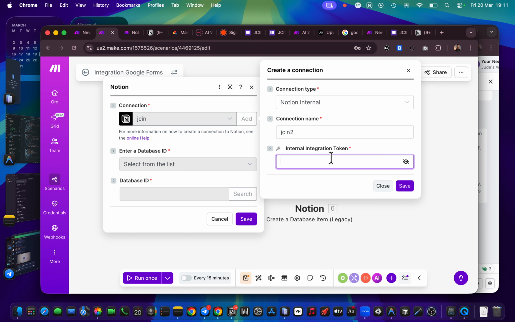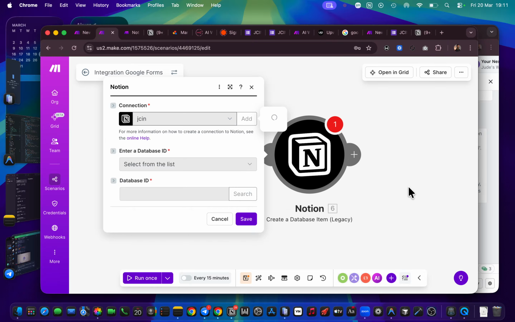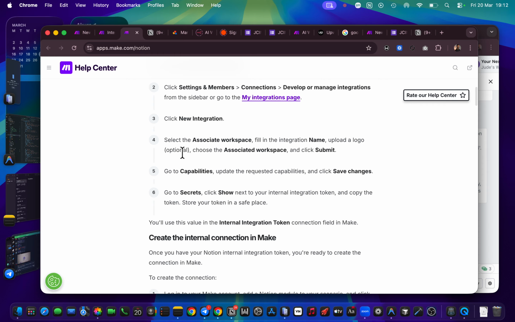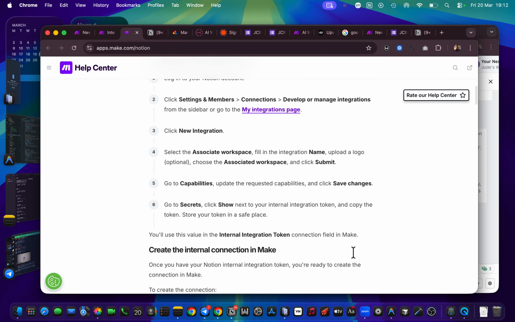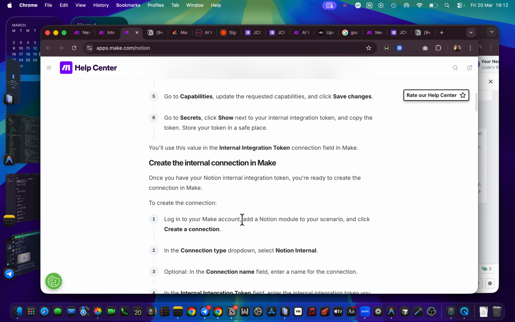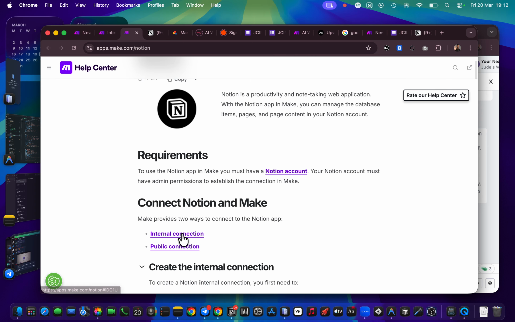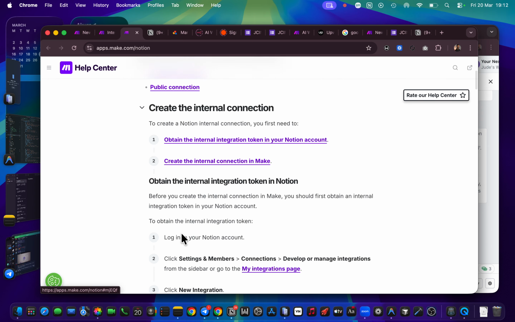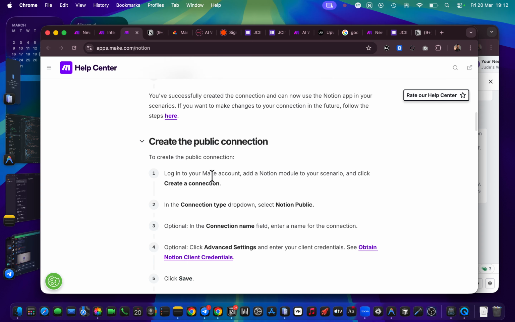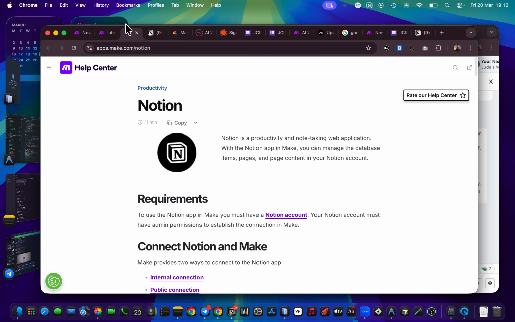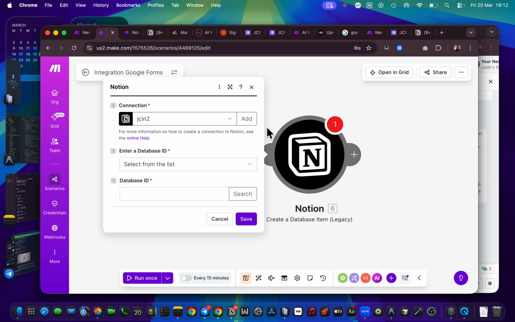We've gone through the documentation and we've been able to set up our Notion. Drop it in, save it, you're good to go. It's as simple as that. So you can see now that we've been able to follow the steps in the documentation here, and that is all you need to do. This is for internal connection. Rather, this is the second one. I think we had two, right? We had two. So this is the second one. You don't need to go through all that stress anymore. Since we've gotten our key, that's all we need to do, and we've connected it.